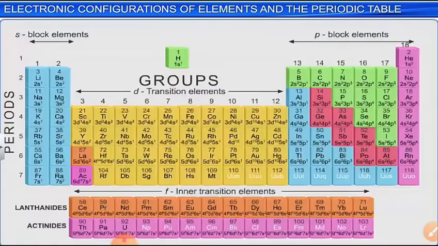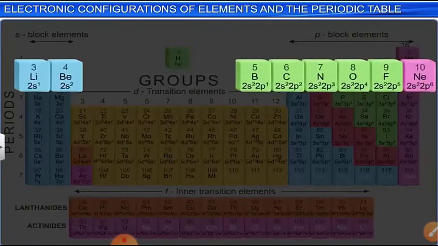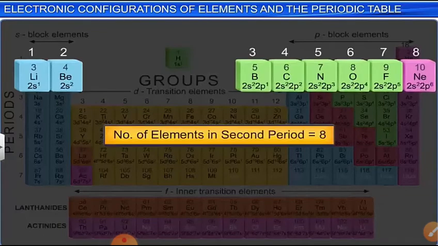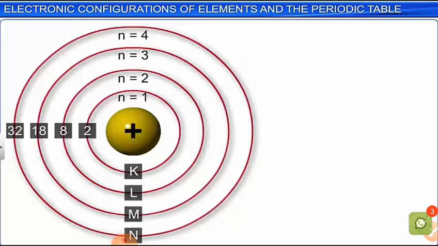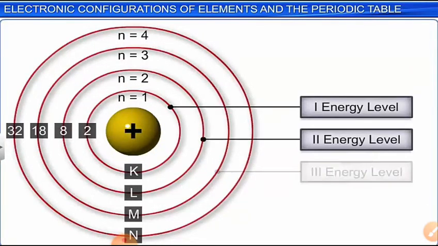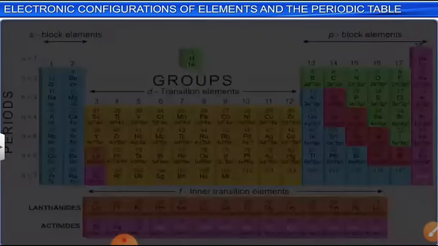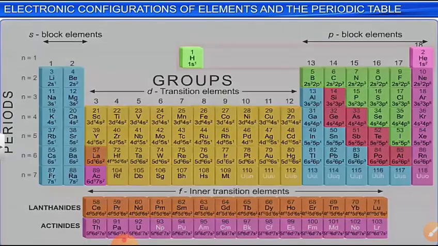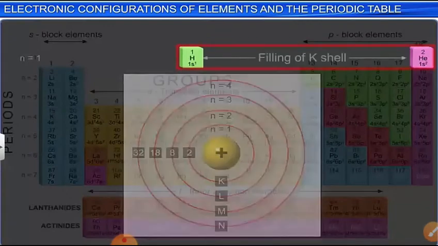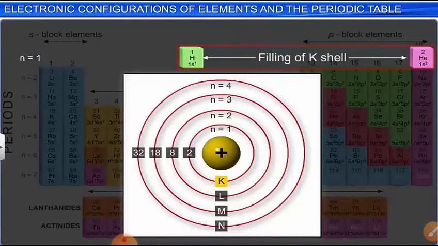and left to right the configuration will have a particular arrangement. Now you can see the numbering is being done. Number of elements in the second period is 8. Fine. Now if you talk about the first energy level, second energy level and so on, the n is equal to 1, 2, 3, 4 etc. We shall see completely how the electronic configuration is being taken into consideration in the modern periodic table.